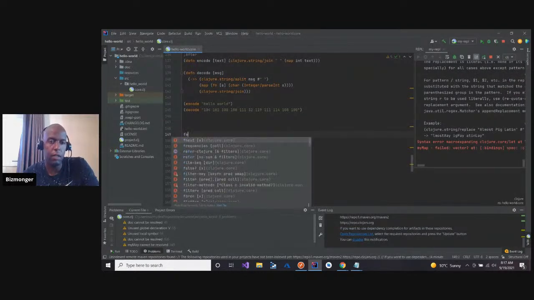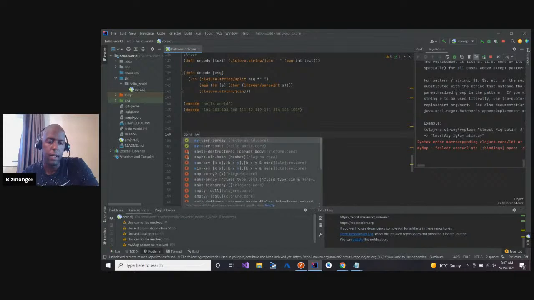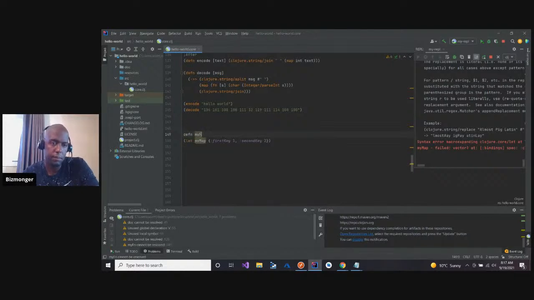So if we say define function, my function, my function, we're supposed to have this in parentheses, right? And I do that, and then I throw this in here, and it doesn't like that.